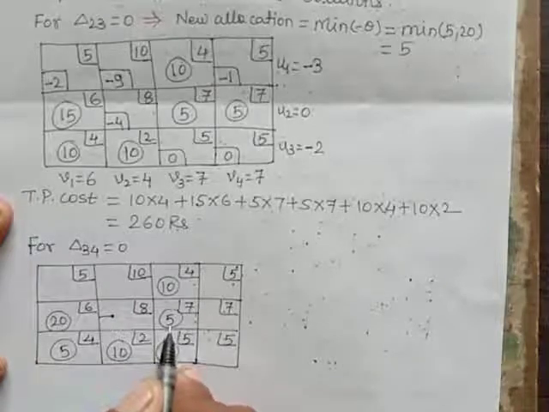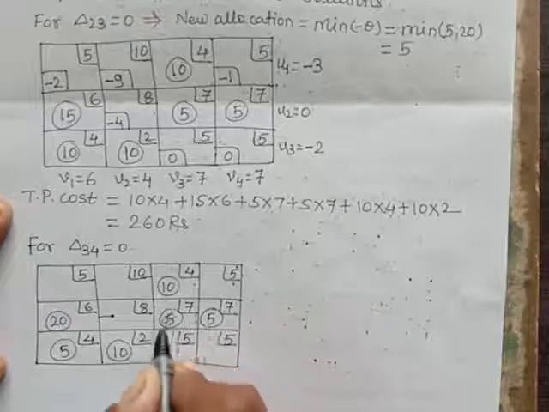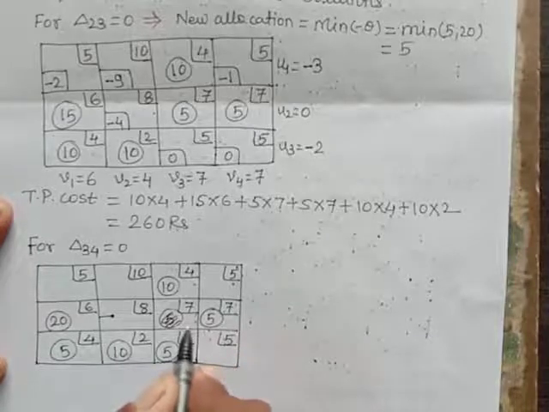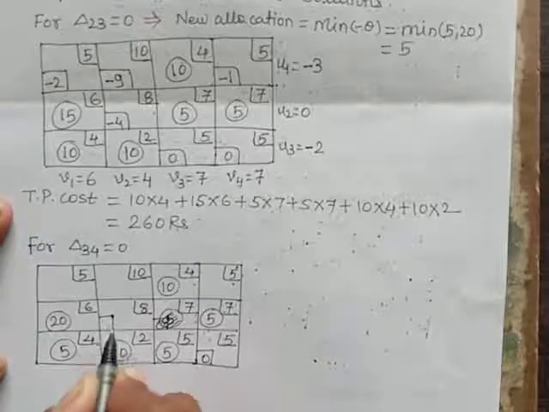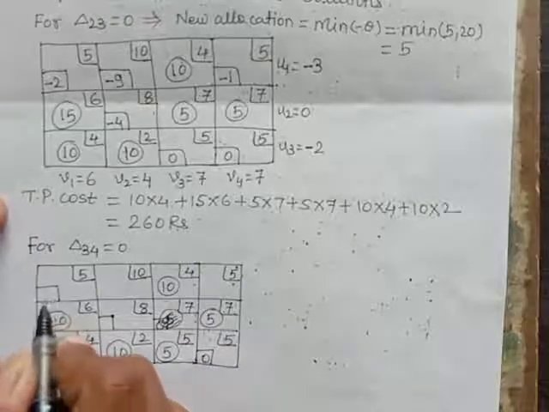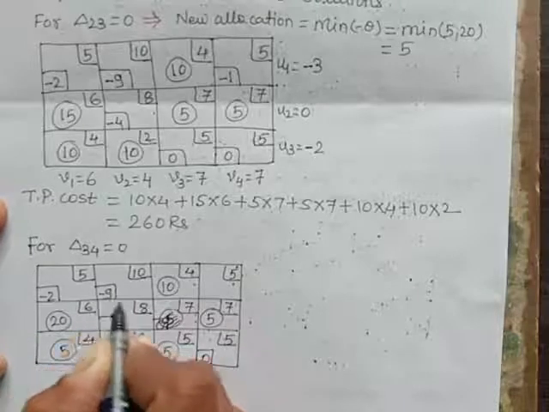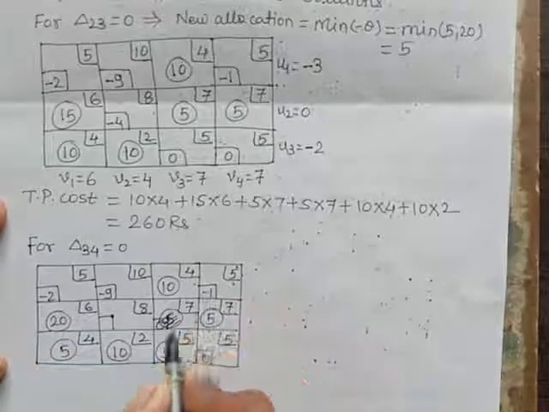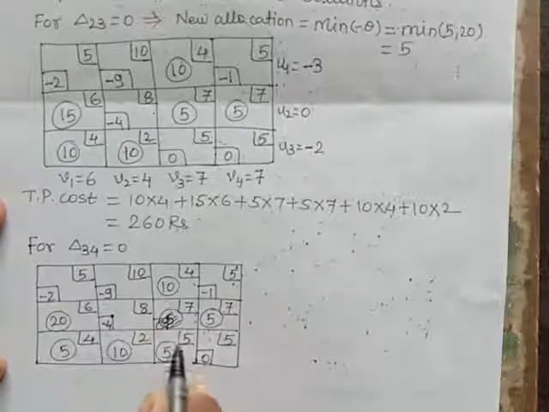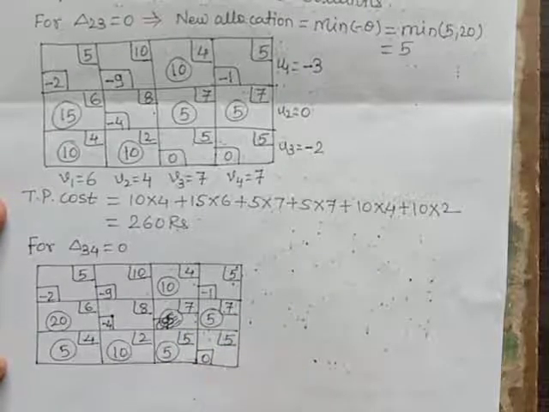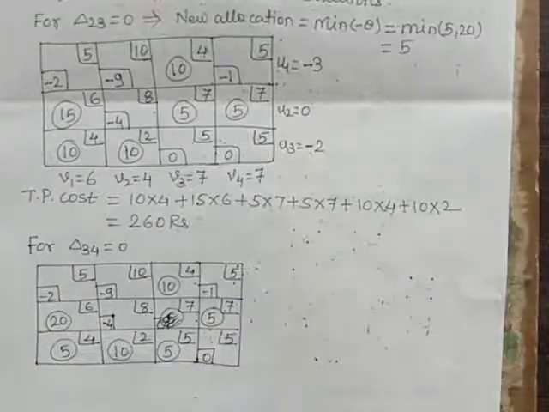here there will be no 5, I think this 5 is here, it is not here, sorry. Here delta ij 0, here delta ij 0, here it will be -2, -9, here it is -1, this is -4, and at these two positions we get 0. Fine. Now from this position we have to form a loop.